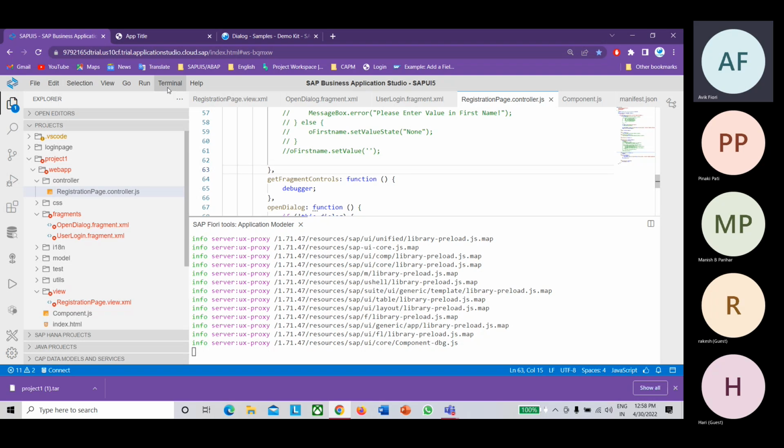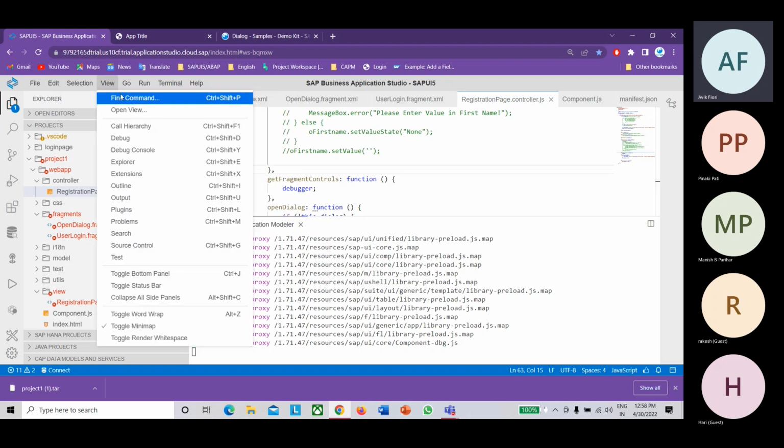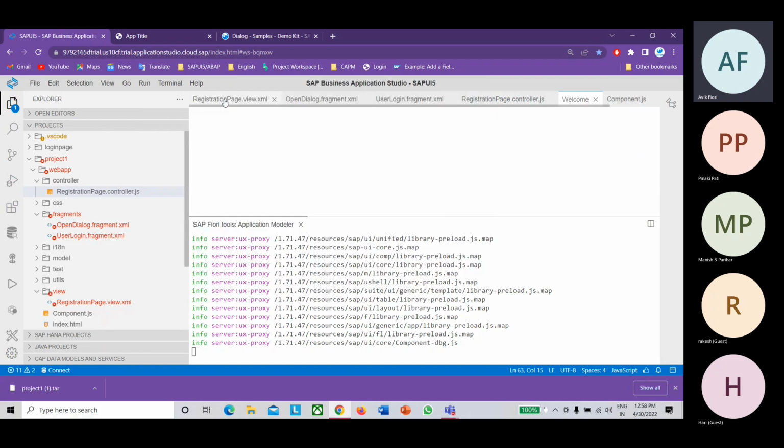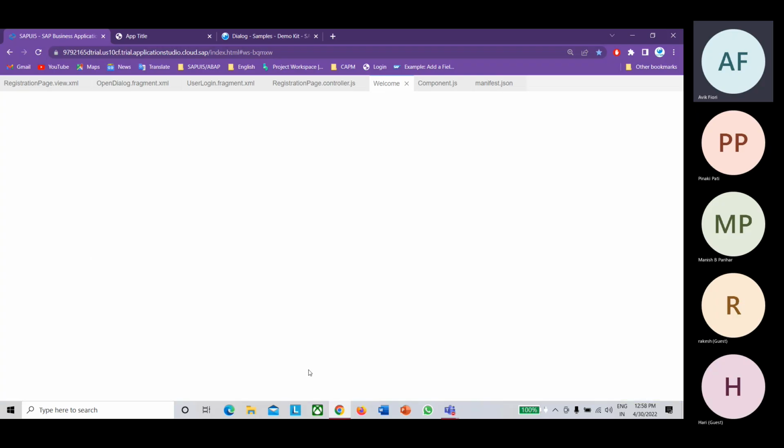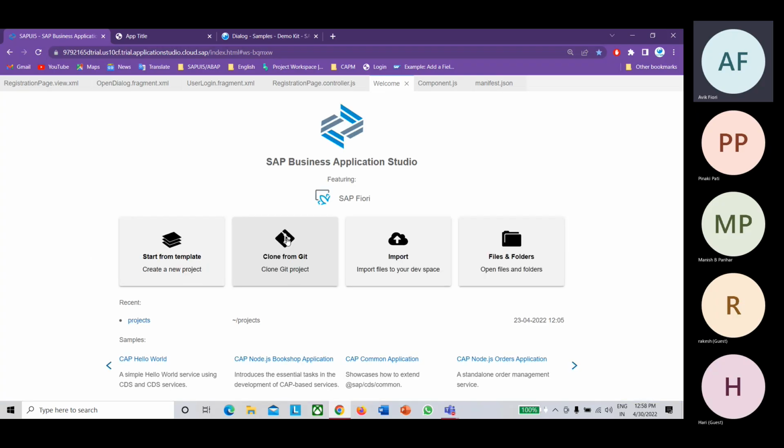Go to View, Find Command, Welcome. Inside the welcome page, there is an option to import files from your dev space, files or folder.